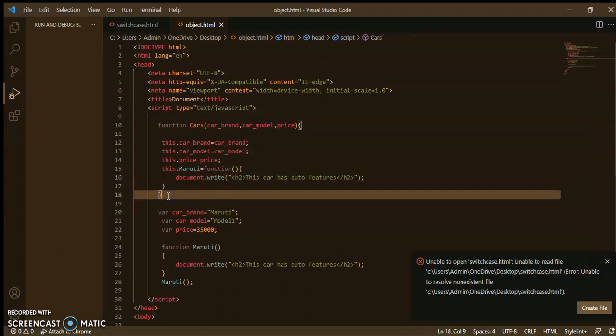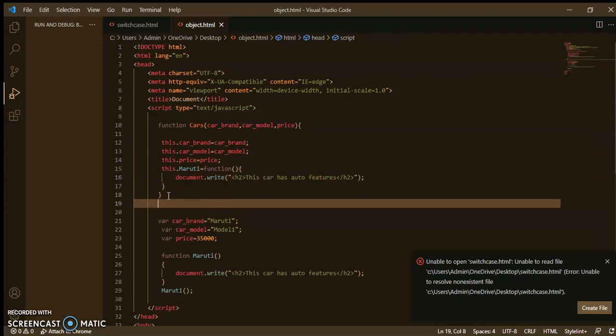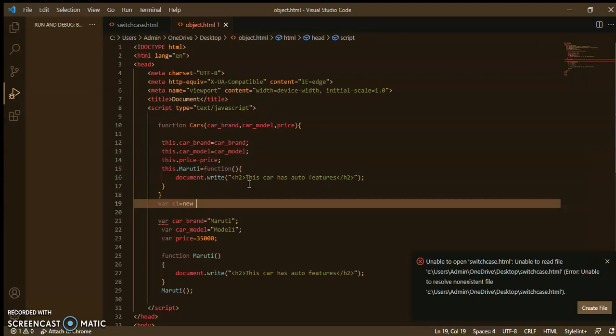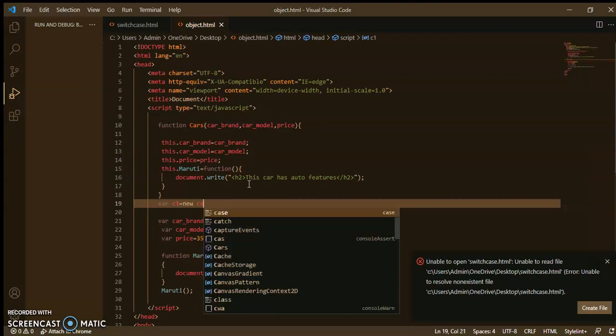and to access the properties you will create the variables of the objects. Okay, these are your objects now. So variable c1 equal to, use the new keyword, new, and the constructor name.